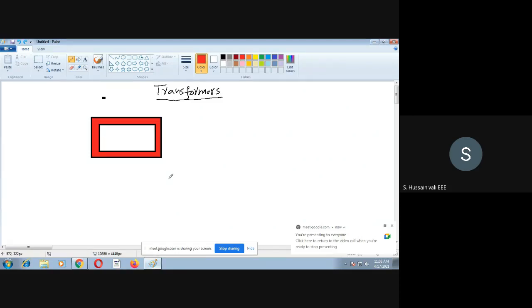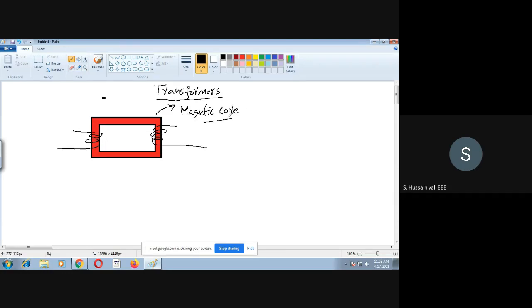So the last class, this is the transformer we have taken, that is the core type transformer. On this core type transformer, we have the windings like this, primary winding and secondary winding. Now we will briefly discuss the property of this magnetic core and how it affects the performance of the transformer and how it changes the remaining things. About this we will discuss today.